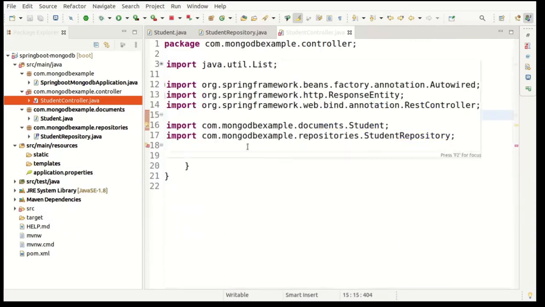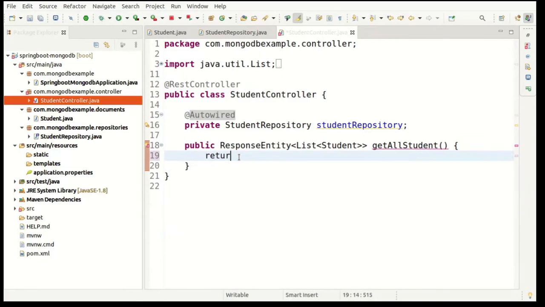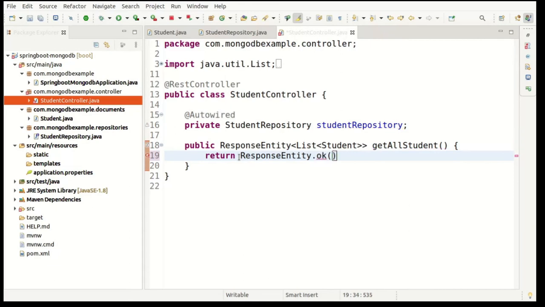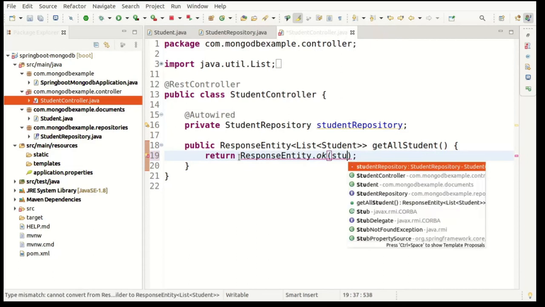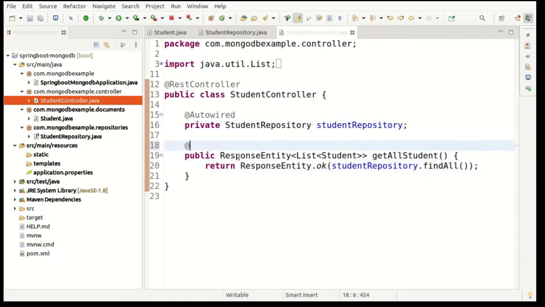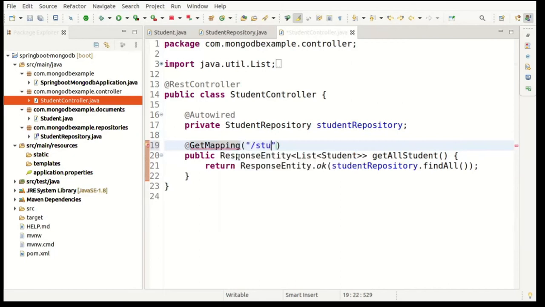Now just call that method: return ResponseEntity.ok, and we have to pass the content, so studentRepository.findAll. That's it. It will return the list of all students, and just write here a GetMapping, and we have to write here students, right?